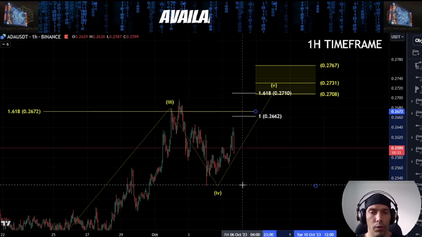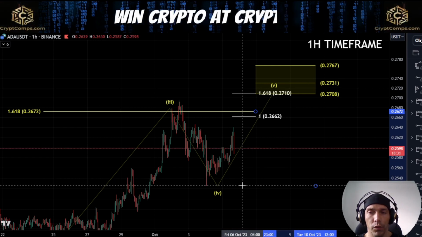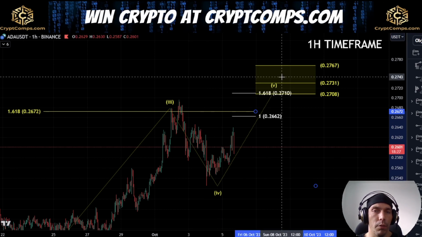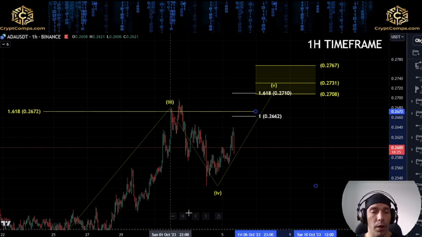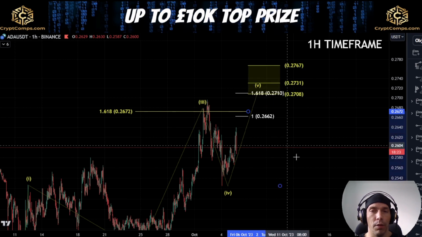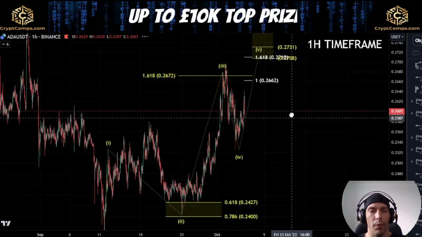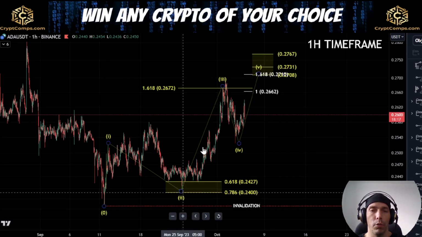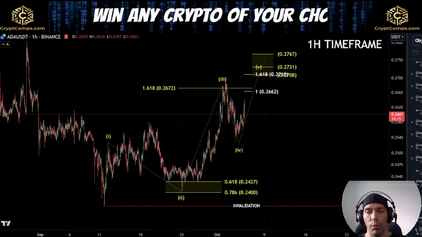So as long as we continue to hold this 4th wave low here of this 25.26, the possibility is still here that we could be looking for this 5th wave to the upside. Now, once again, obviously we need to be very careful that we don't have further extension within this, where we could argue that this is 1, 2, another 1, 2, and then we're looking to break out in a bigger